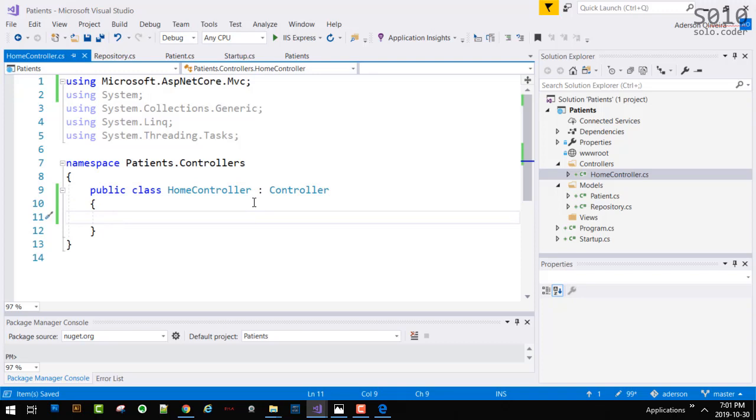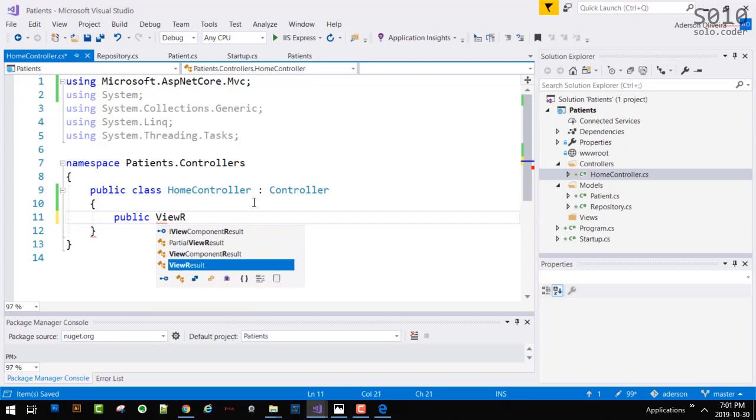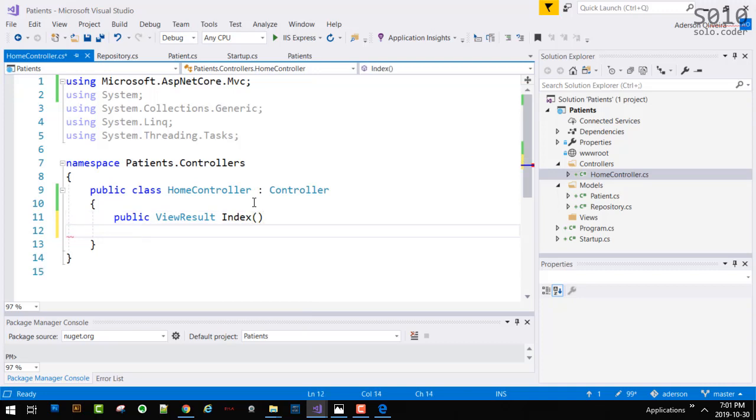Then what's next? How about we create our first action? What's the default action if you are using the default controller, default routing? It's index. Okay, so let's create our index. Let's go public. View results. Index. And then we have to return